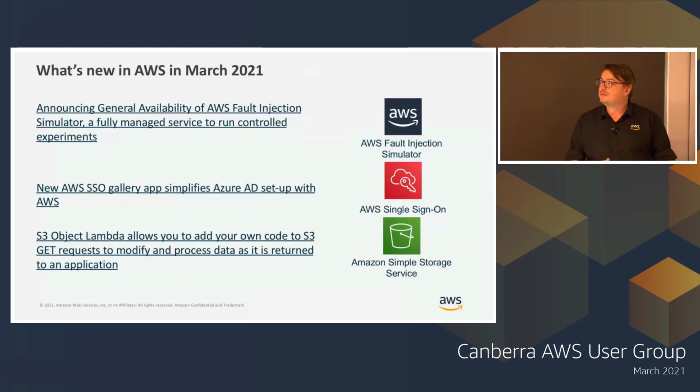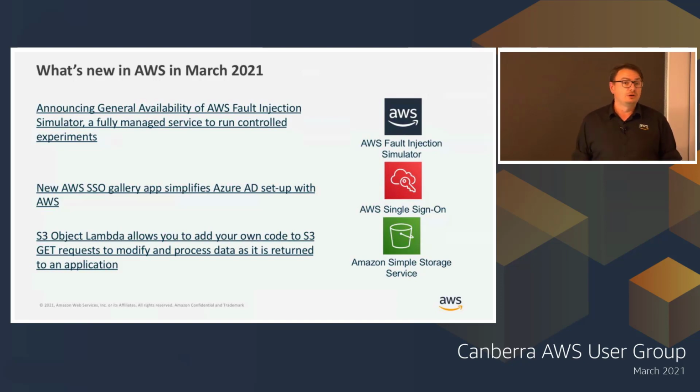The next one, and I couldn't find an icon for this, which is why it's got a generic AWS logo on it, was that Fault Injection Simulator is now generally available. This was a new service that we announced at re:Invent last year. What it's designed to do is to let you craft experiments that can manually inject specific types of faults into your AWS account. So for example, customers would say, hey, we'd really like to mock out what happens if